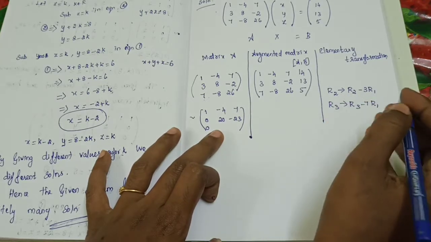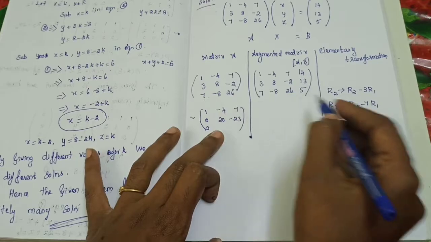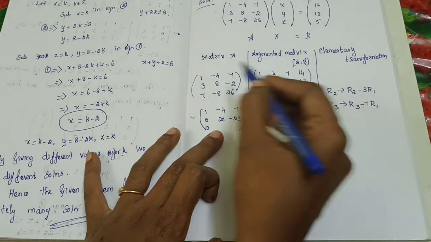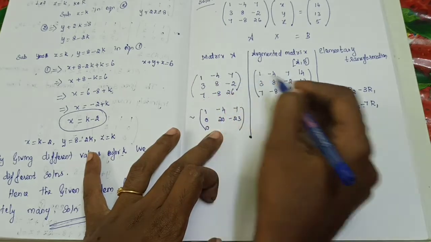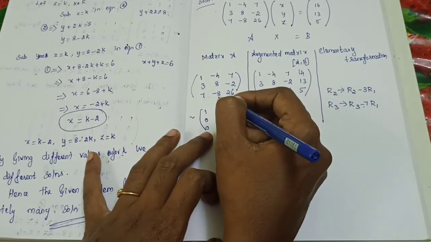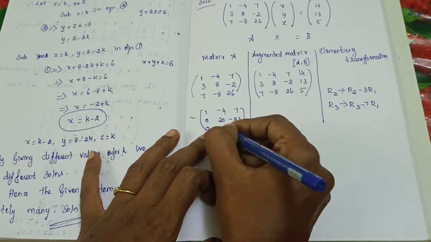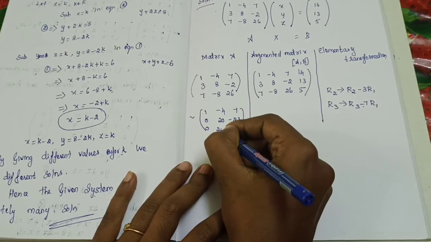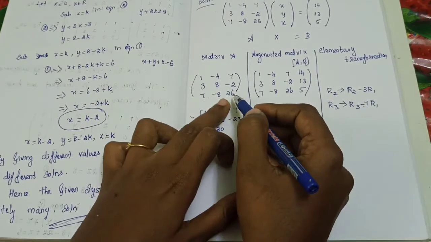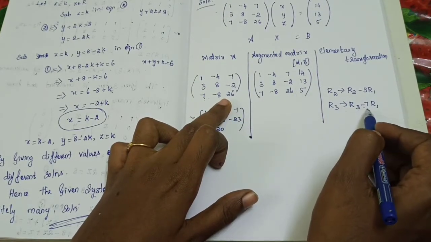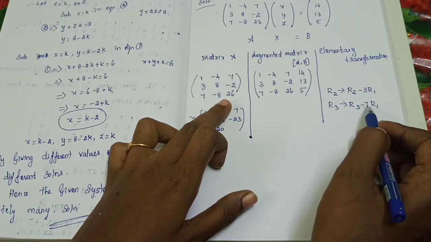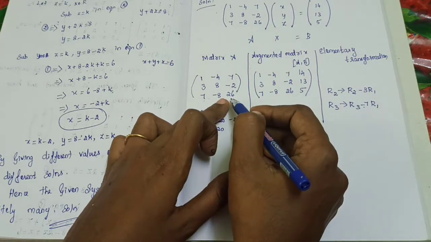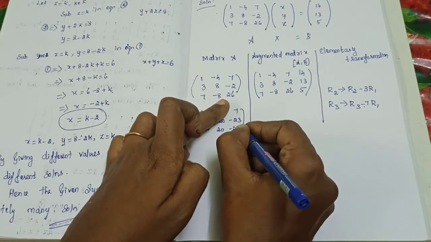If you can't find it here, you can do it in the rough work. That is minus 8 minus 7 into minus 4. So minus 7 into minus 4 means plus. Is it right? So plus 28 minus 8, so we will get 20. Okay, next. Here it is 26. So 26 minus 7 into 7. So 7 into 7 is 49. Minus 49 plus 26. So you will get minus 23.